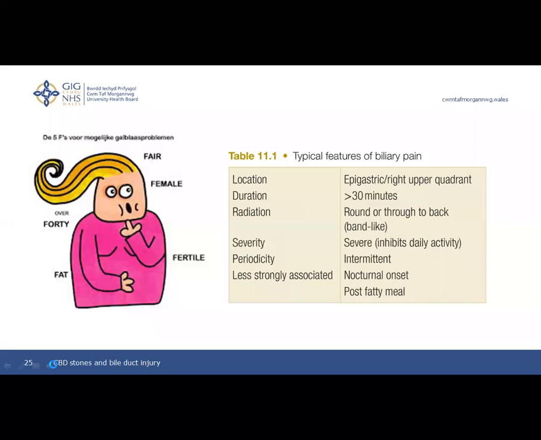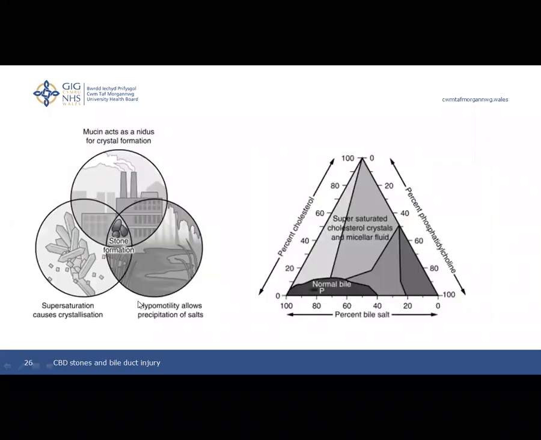On to the next slide, the formation of stone, how the stone gets formed. The stone gets formed because of three trigger things. The mucin acts as a nidus, and it creates crystallization around it and forms the stone. Sometimes one component of the bile, like increased cholesterol, increased bile salts, or increased bile pigments, and decreased proteins, whenever there is a change in the proportion of the bile content, this leads